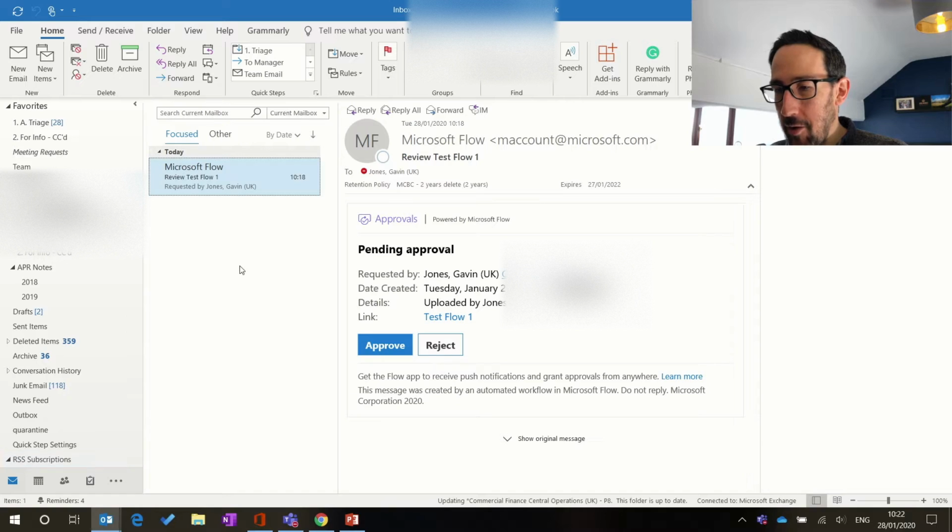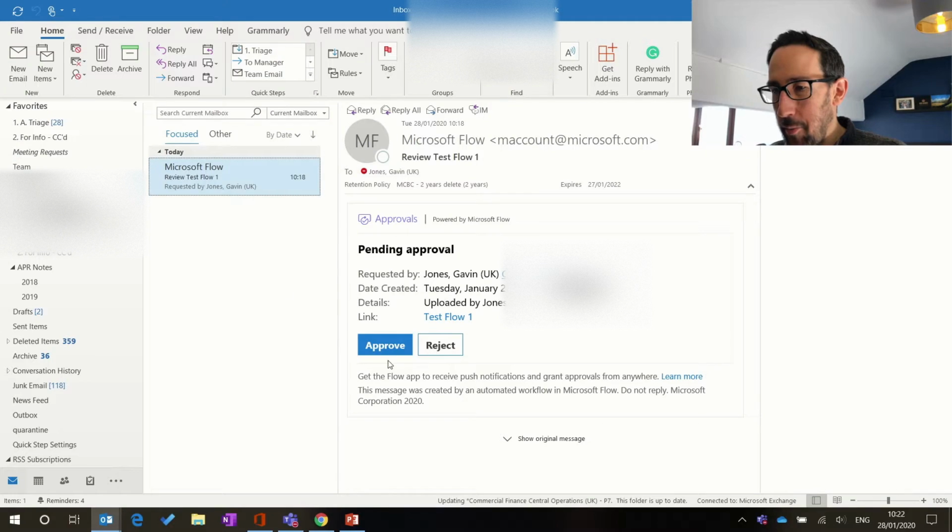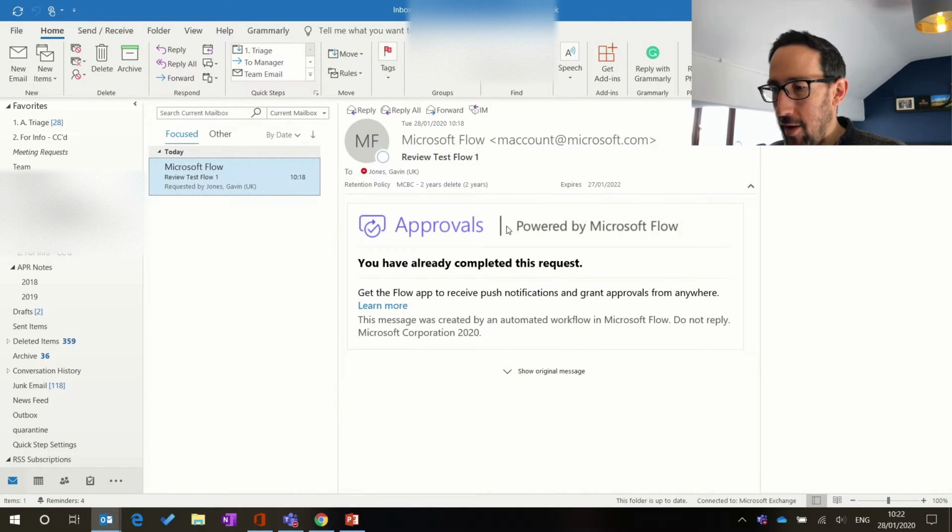If I just jump back into the email, you can see if I click off and click back on that email, it's going to update that and say you've already completed this request. So it knows that I've approved it in Flow, and it changes that email so I can't double approve it. Even if it were not updated, when I went to click approve, it would probably refresh and stop me doing it. And if you had multiple people on the same step and it was first to approve, whether they approved it in Flow or email, it would take everybody else's approval step away,